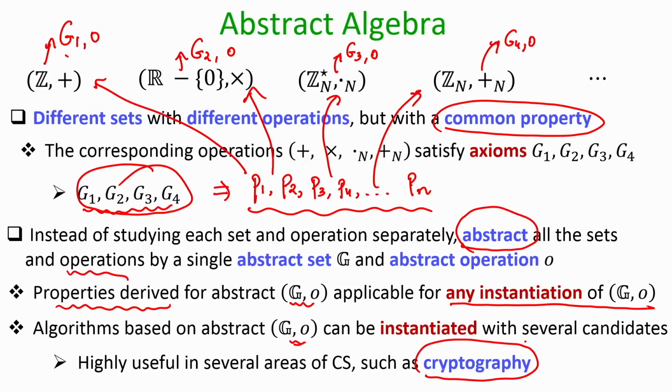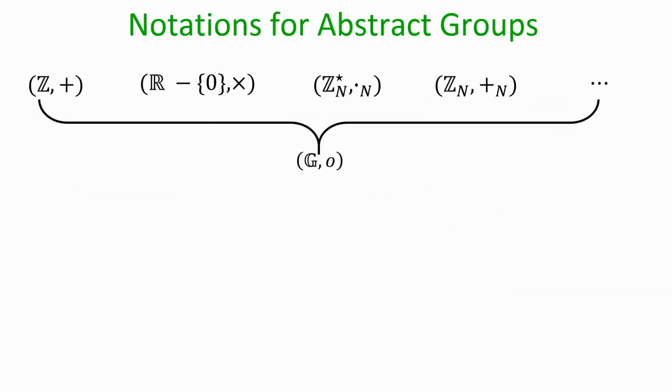So, that is why when we say abstract algebra, it might look very abstract to you, because we are talking about an abstract set and abstract operation and keep on deriving properties. But when we instantiate those sets and operations by a concrete group and concrete operation and then fit it in an application, then you will see the real application of the theory that we are developing in abstract algebra.